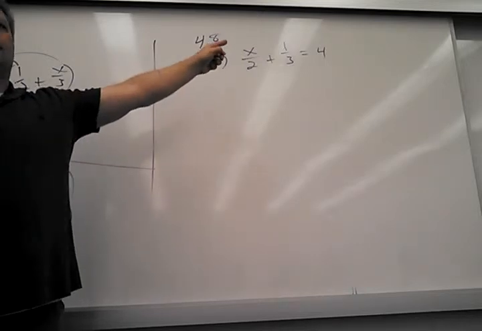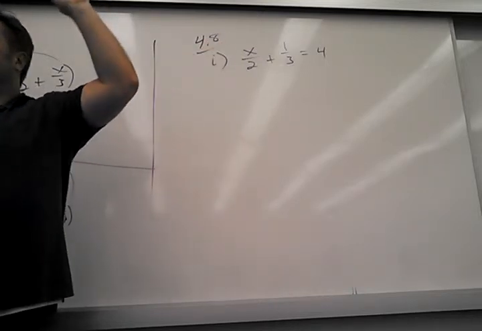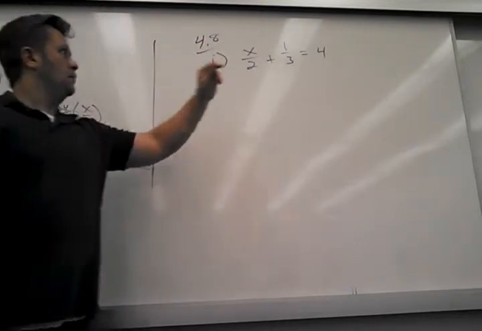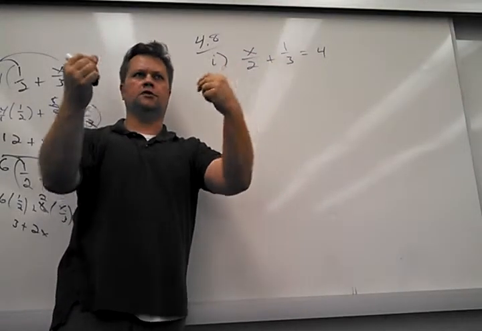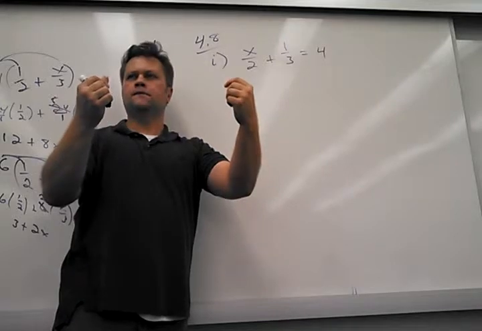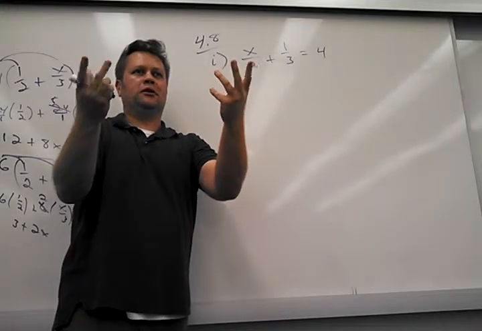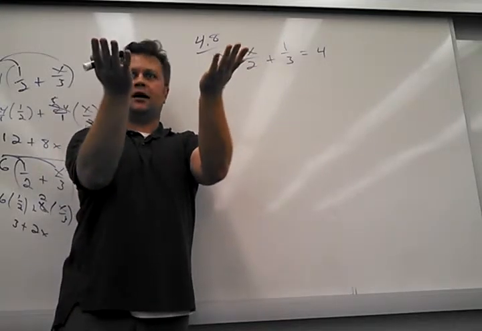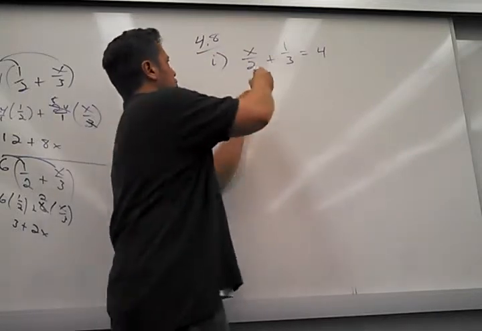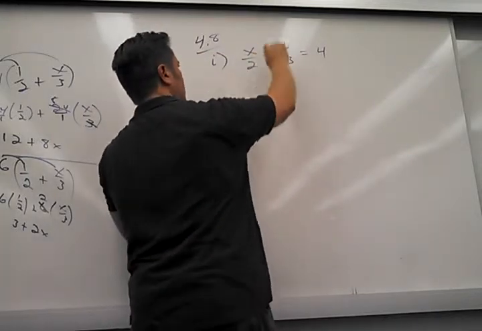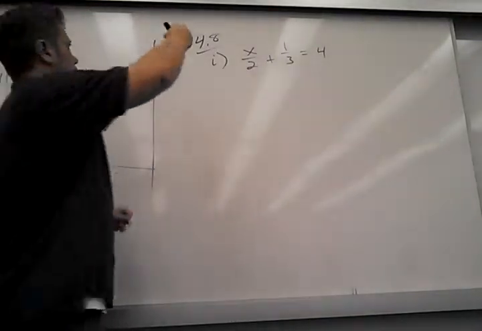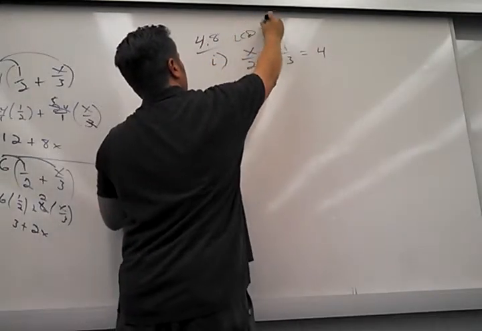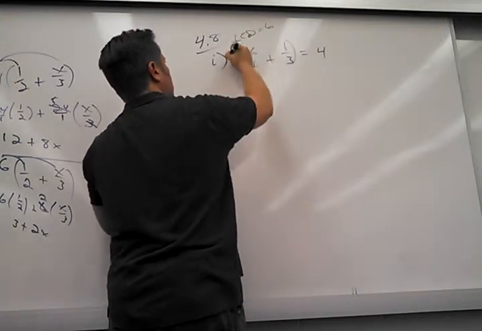The worst part about that equation, of course, is the fact that there are fractions. But the fact that it's an equation allows me to do what to both sides? Anything I want to, really, almost, as long as I do it to both sides, right? So what could I do to this side to kill the fractions? Yeah, the LCD is 6. So if I multiply both sides by 6,